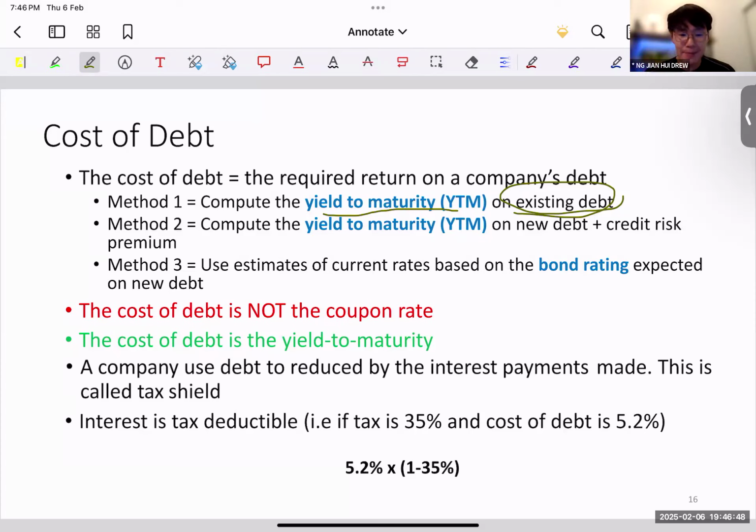Okay, so there's a question here: interest expense divided by net debt. Now, this is a very wrong way of calculating your yield to maturity. Why? Because remember, your existing debt has many different profiles, many different maturities. So you need to be very careful when you do that. What you're basically doing is taking an average, interest expense divided by net debt. So it's a very accounting method, which remember, we are not in accounting now. We are doing valuation, so we need to use more relevant information. You'll see in the next slide why the first method is not good.